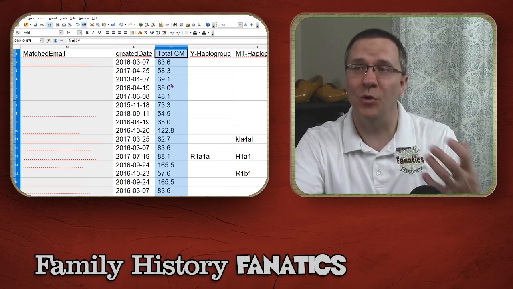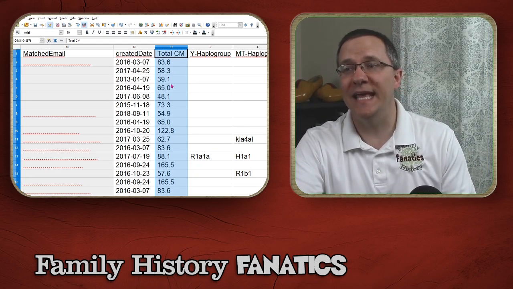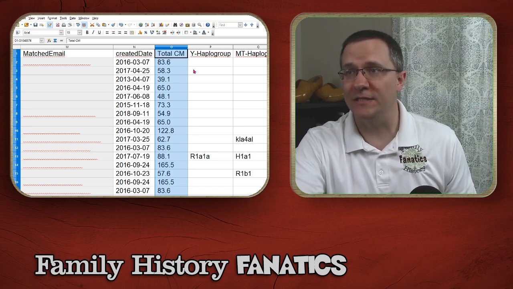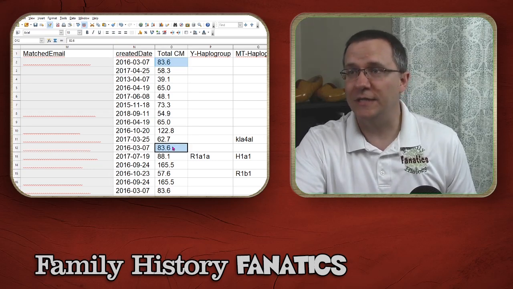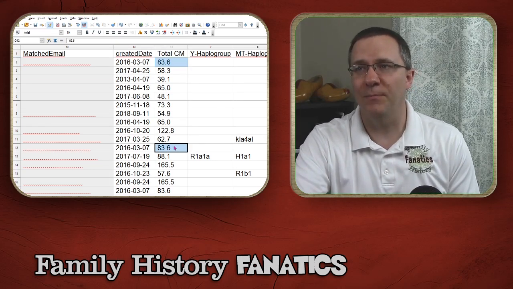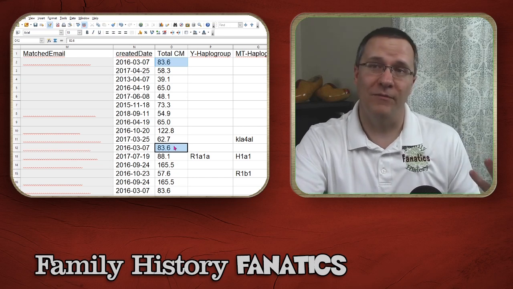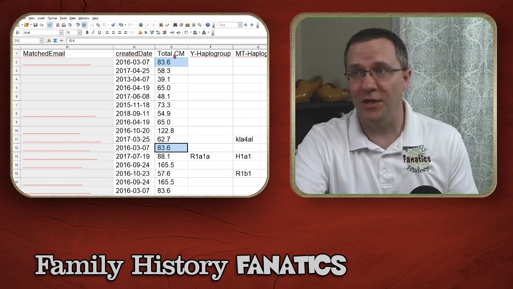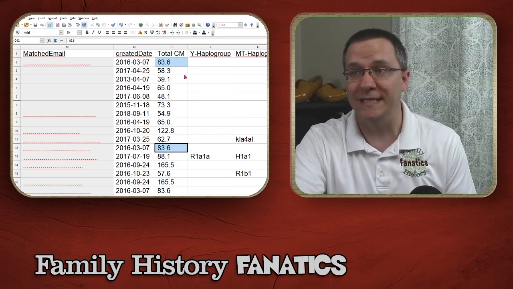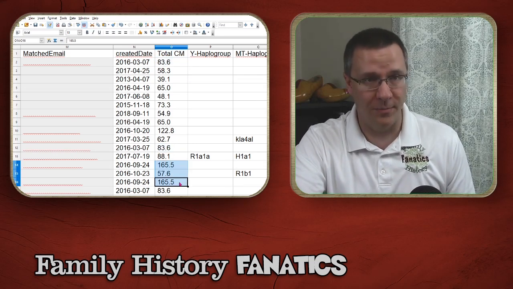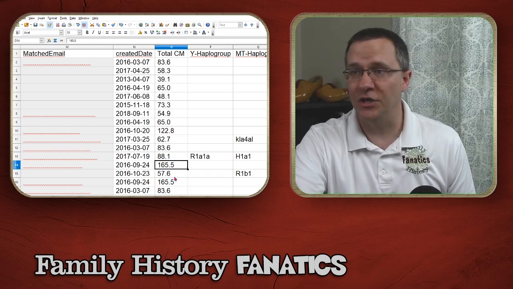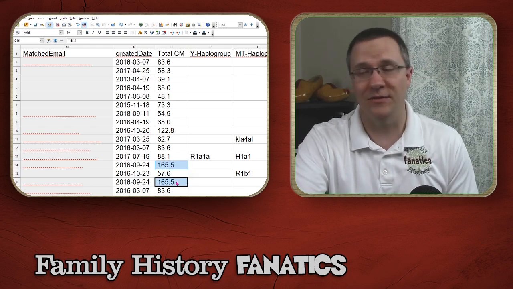Now this is the same total centimorgans that we would have seen in the others. So for instance, what we can see right here is that these 2 segments are from the same person. We know that from looking at the names and the emails, but also the total centimorgans for that person is the same. Here is another 2 that are from the same person that's sharing 165 centimorgans.